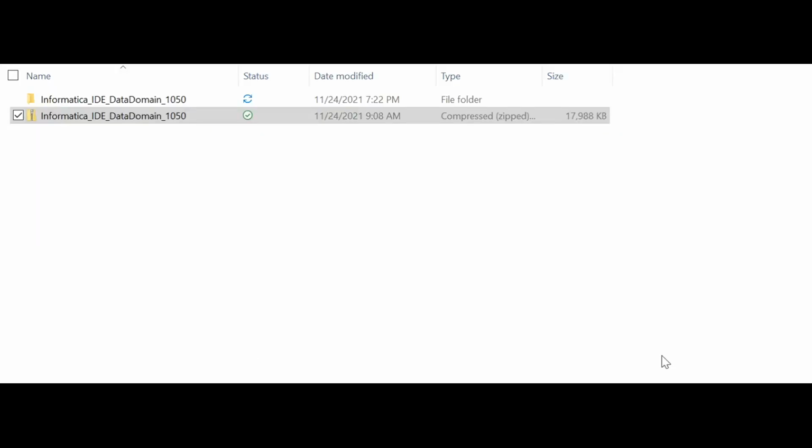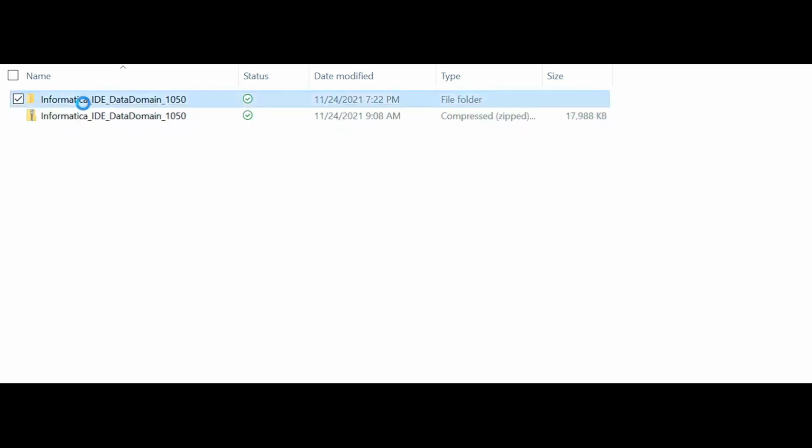Before I show you the process of importing the OOTB data domains into the developer client, I would like to show you the files I have received from the shipping team. I requested the shipping team to provide me the data domain XML files, which are used to import using the developer client, and I also specially requested the data domain rules zip file. So if you want to import the rules alone into the MRS, you need to request the data domain rules XML file.